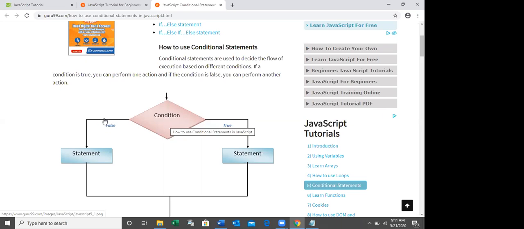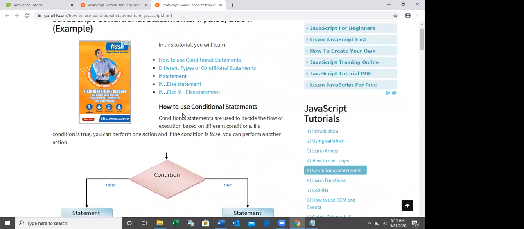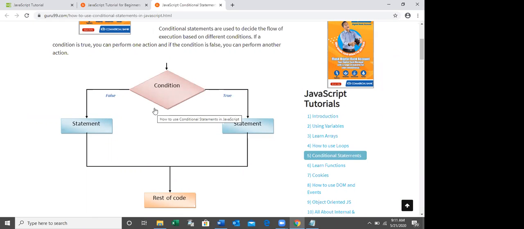If the condition is false, this statement will be executed. After that, the rest of the statements will be executed. This is the diagram of the if statement.